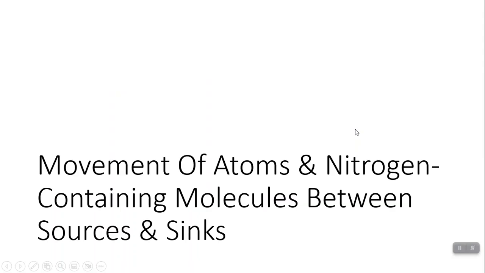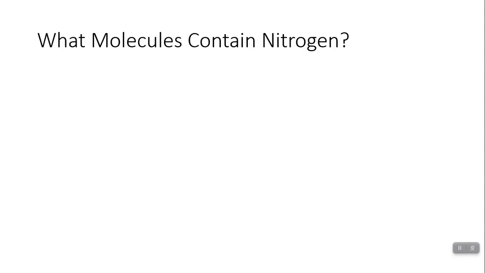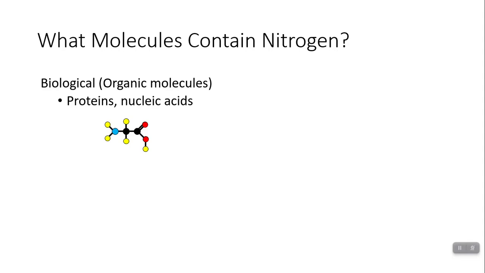So let's talk about the movement of atoms that contain nitrogen, and molecules as well, between sources and sinks of it. So first we need to know what molecules contain nitrogen. As we're going through a biogeochemical cycle, let's look at how things pass through the living part. So there's biological, aka organic molecules, such as proteins and nucleic acids. When you see that image, that's what I'm referring to, and it's going to stand in just in general for